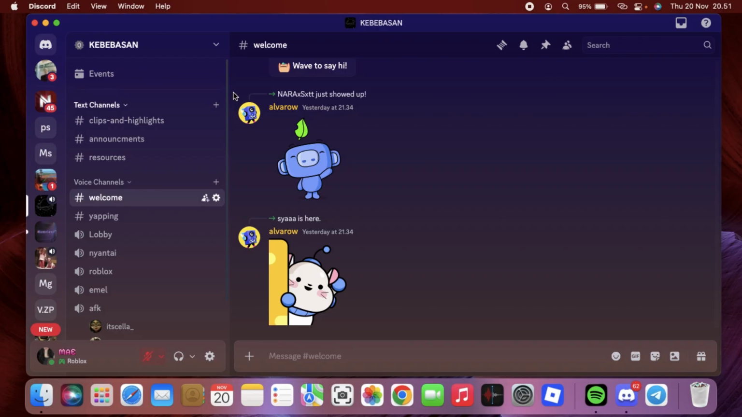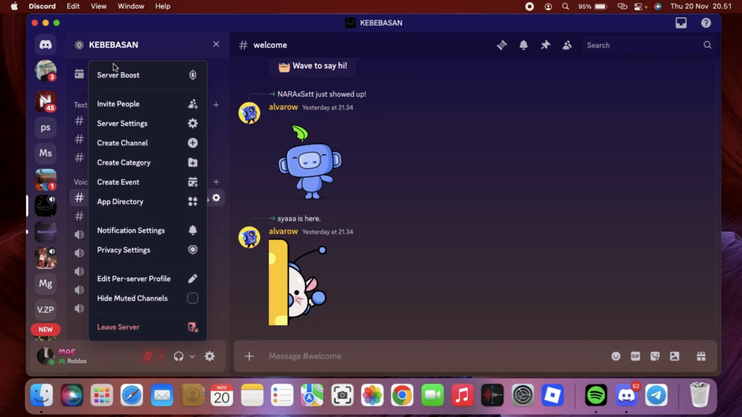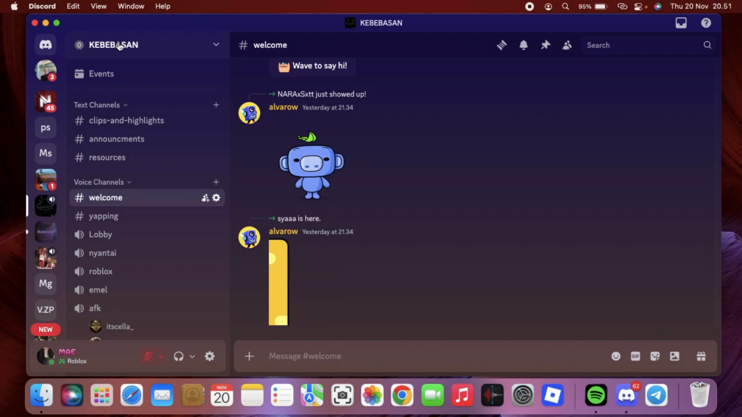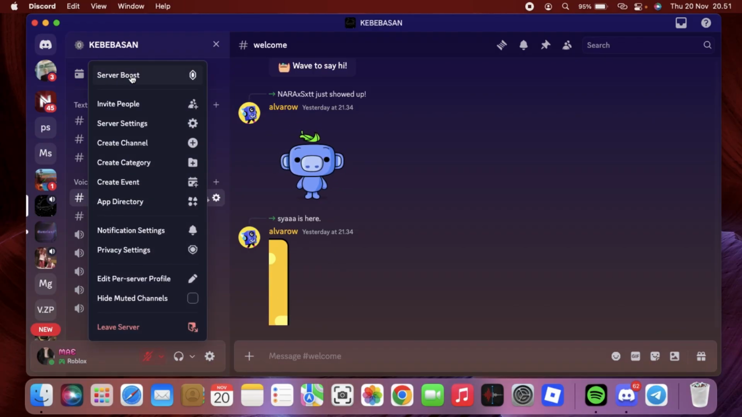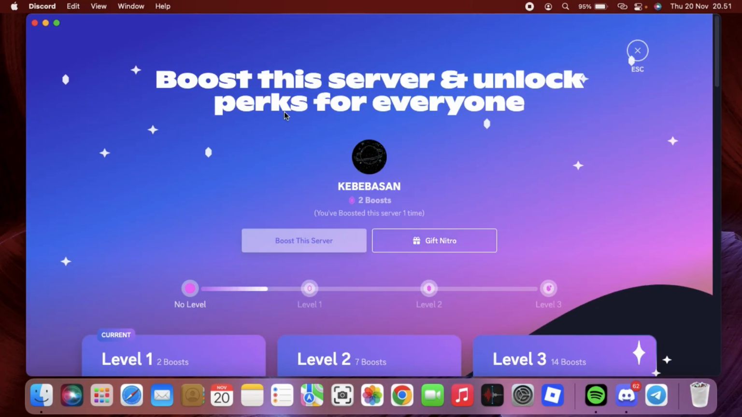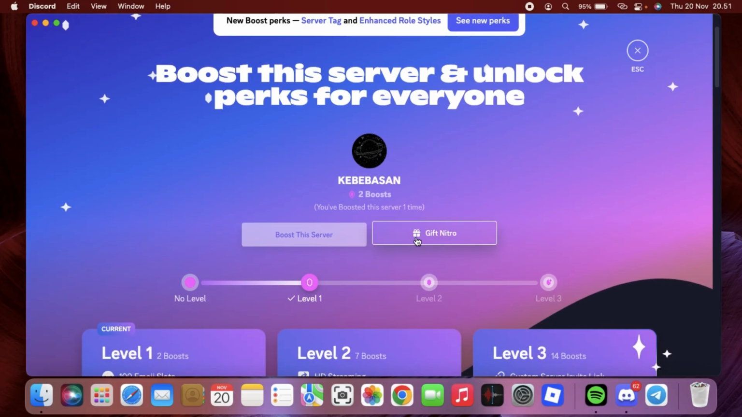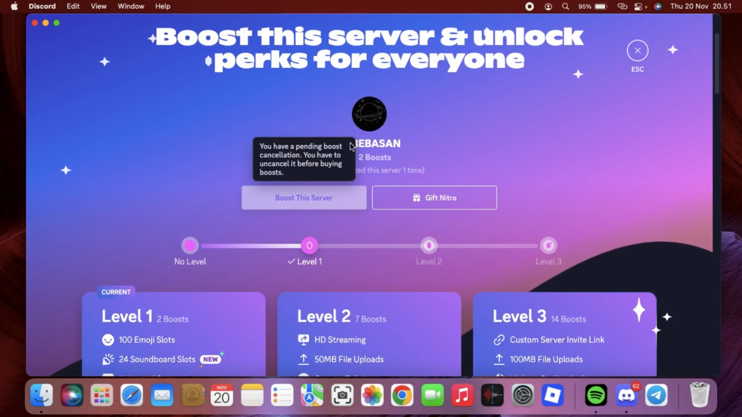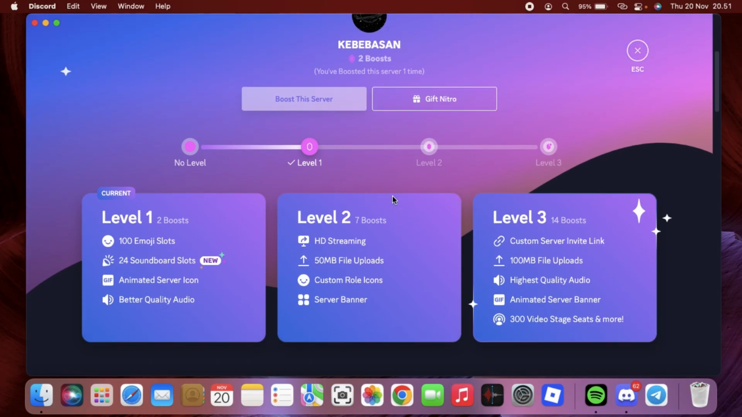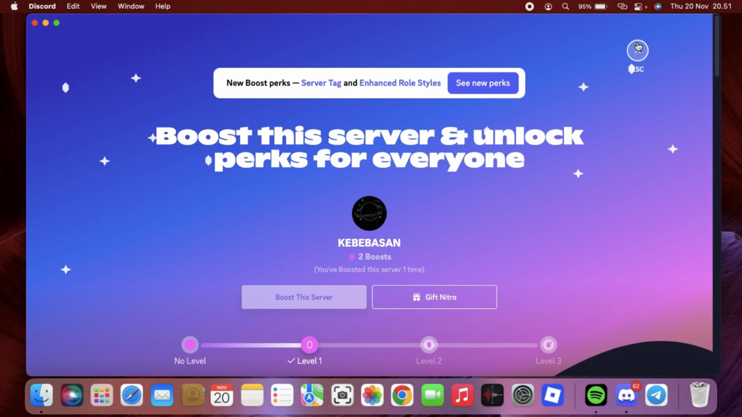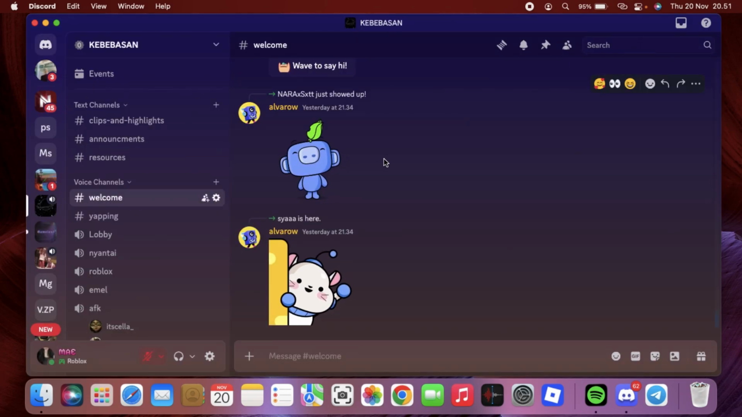You can see. You can select on the server name, server Boost. As you can see in here, I've Boost the server, and now I want to transfer the Boost server. It's very simple. So you can go to here